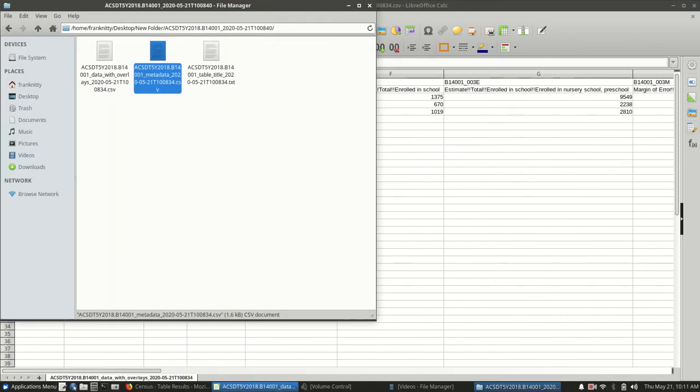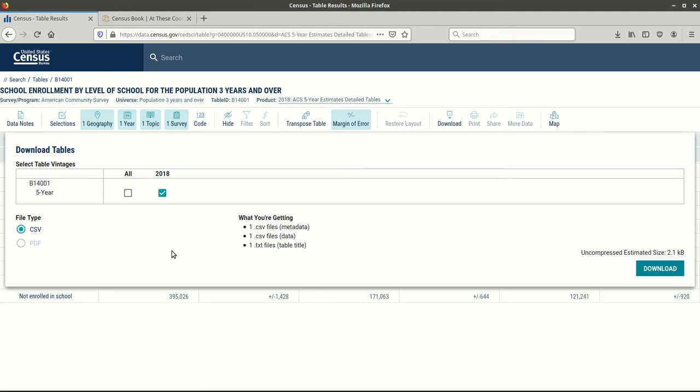Alright, that is the basics of how, it's a basic roadmap for getting data using the advanced search. Go to advanced search, choose your data set, your year, your geography, and your topic, filter it down, and then you should be in good shape. But